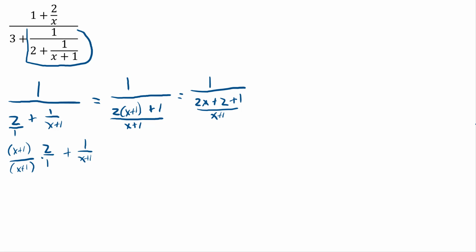Now hopefully you've seen in the activity as well, when you have a fraction with a fraction for the denominator, if you just flip this denominator, it'll actually just make this the fraction it needs to be. So this is equal to x plus 1 over 2x, and then we have 2 plus 1 gives us 3. Okay. So now that is the blue part right here. Now if we were to rewrite this equation here,